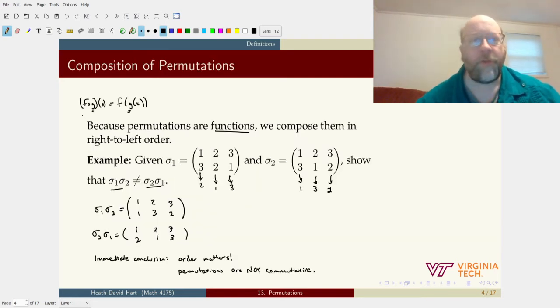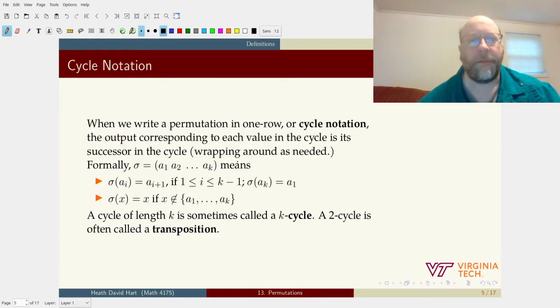Okay. Two-row notation is easy to read because we're just listing input and output elements. It's sometimes hard to typeset because you have to set up an array with multiple rows, especially if you're not comfortable typesetting in LaTeX. But even in LaTeX, it takes a little bit of work. And so we also have a one-row notation,